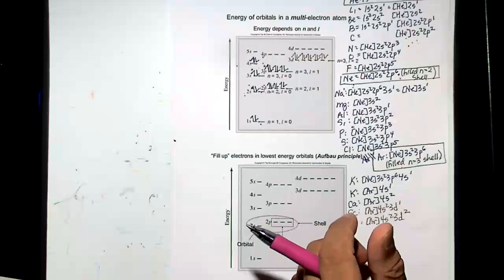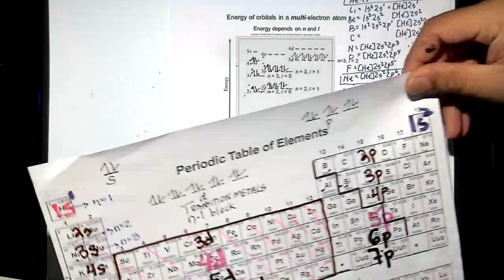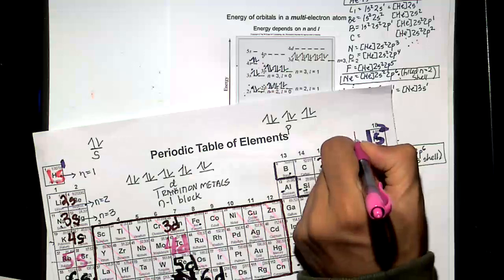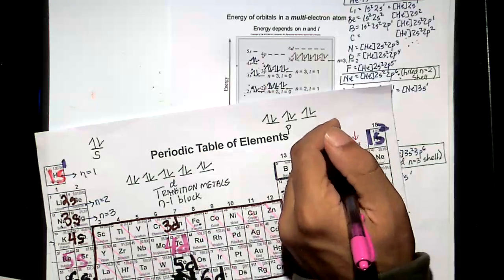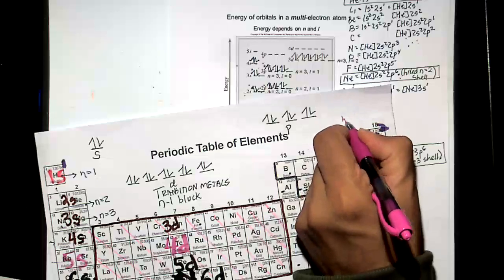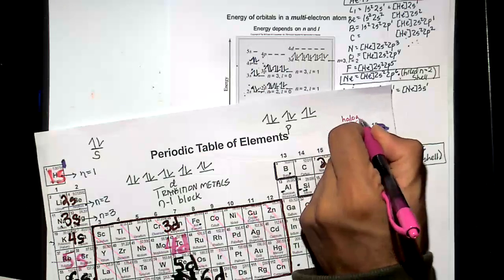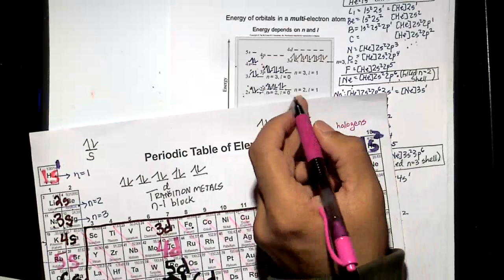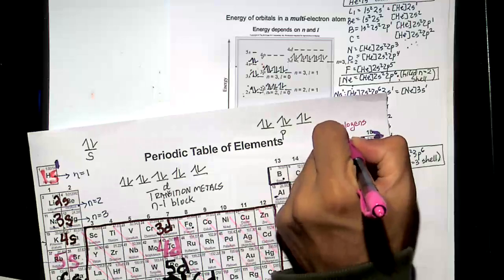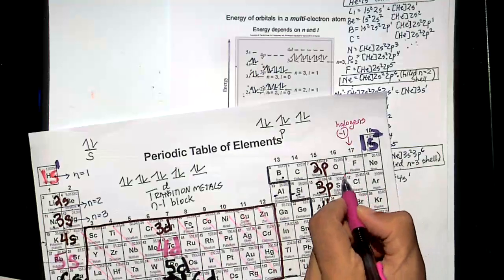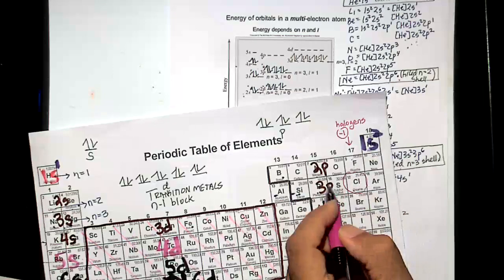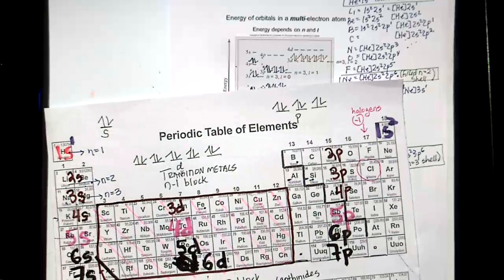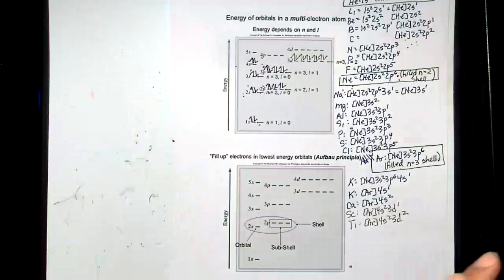If you remember, all the way back to the first week of class, we said group 17A, or group 7A, or group 17 are the halogens. And what charge would they like to be? Yes, they would like to be -1 charge. So let's take a look at chlorine. We can do fluorine or bromine or iodine. So if chlorine is -1,